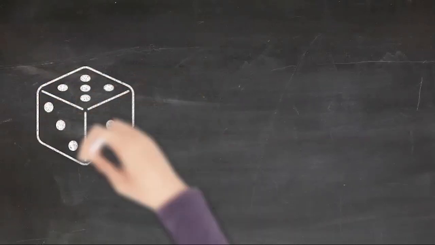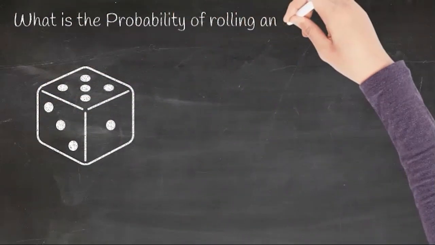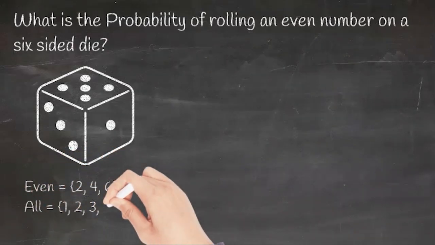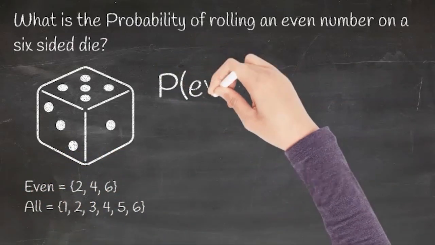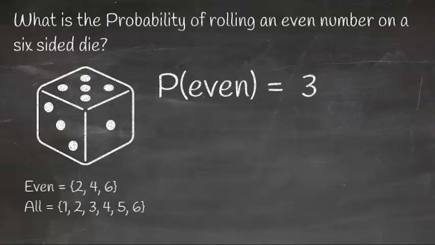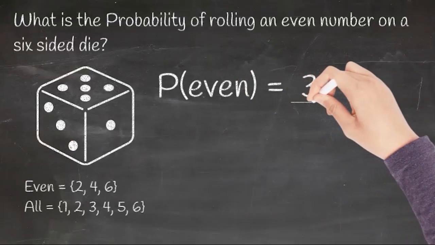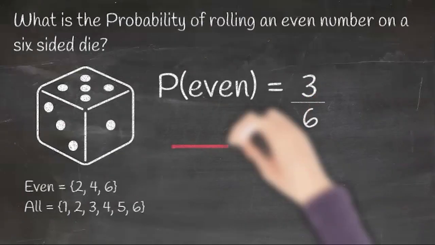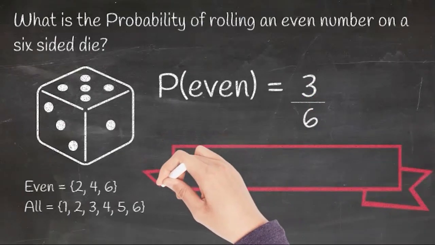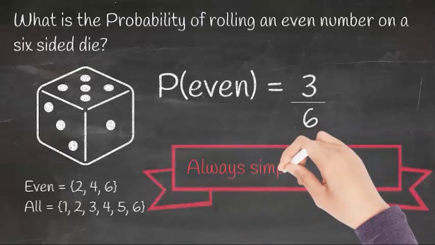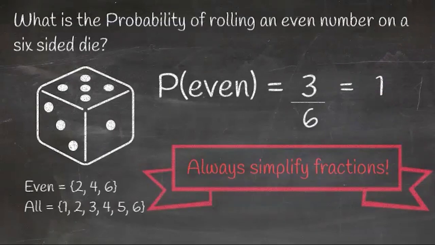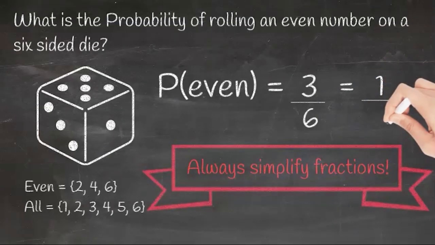This equation works even if we want to find the probability of rolling multiple outcomes. So for example, if we wanted to find the probability of rolling an even number on a six-sided die, we would take the number of even outcomes, which is 3, over the total number of outcomes, which is 6, to get 3/6. But we always have to make sure that we simplify our fractions, so our final answer would actually be